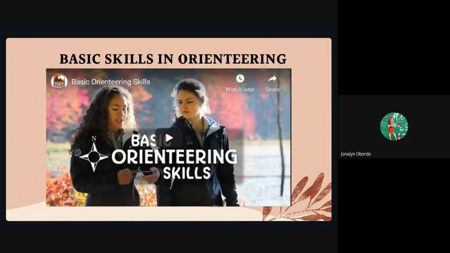Napakahalaga din na, sa tulong ng skills ng pagbabasa ng compass at ng mapa ninyo, you could have that confidence wherever you are. 'Di ba? Yun yung pinaka-challenge, yung hindi ka familiar sa isang lugar, pero alam mo na no matter what, with the use of the skills that you have, hindi ka maliligaw.